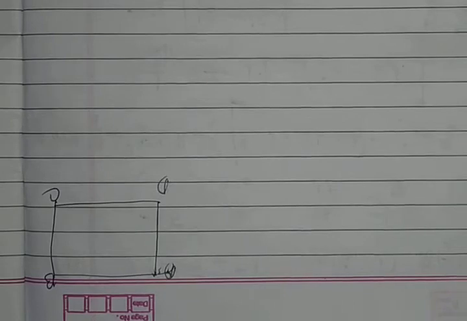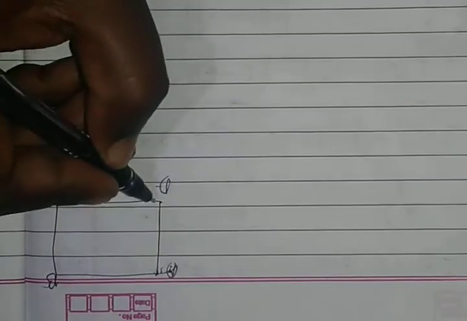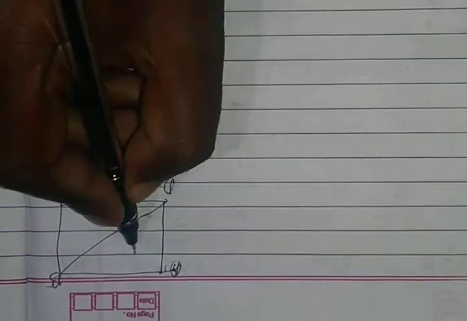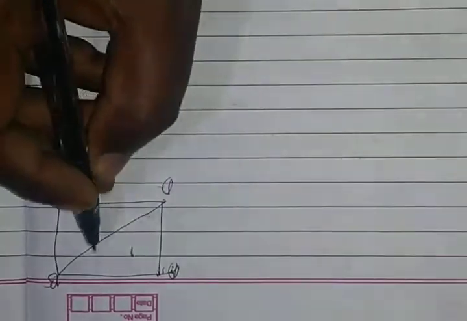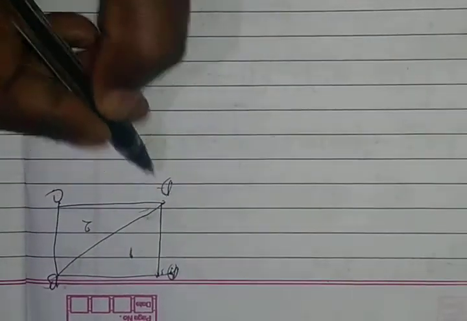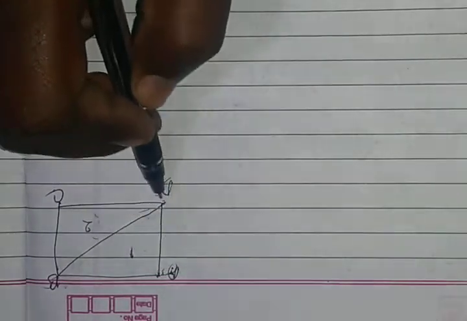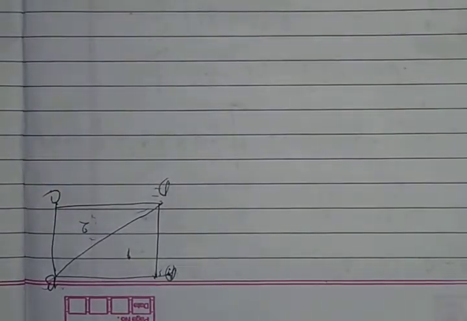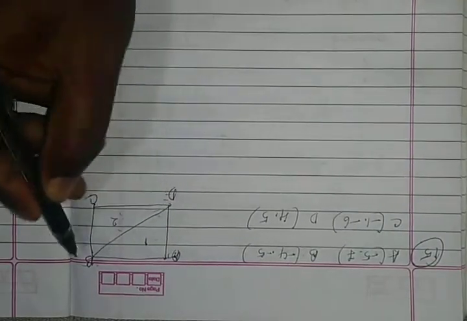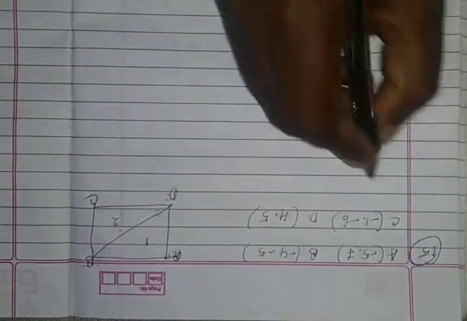A rough diagram of the quadrilateral. Let us see, this is A, B, C, D. So this quadrilateral can be divided into two triangles. Here this is the first triangle and this is the second triangle. So if we get triangle ABD and BCD, we have to add both triangles. We will get the area of the quadrilateral. Let us see. Here we join B and D. So first we have to find the area of triangle ABD.